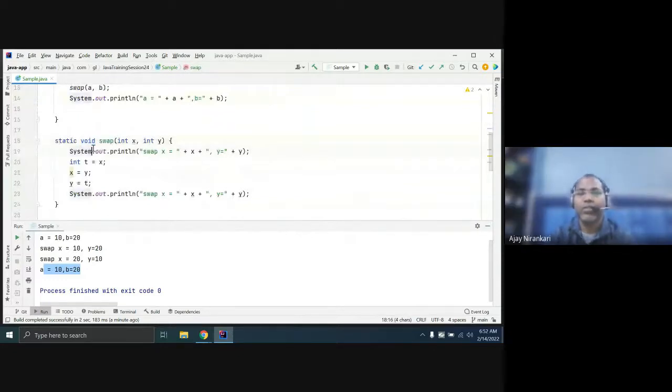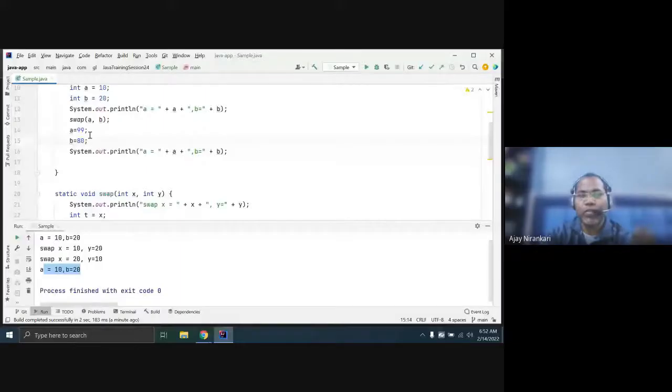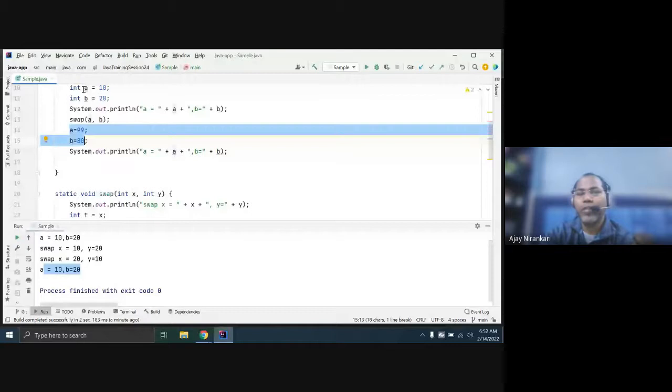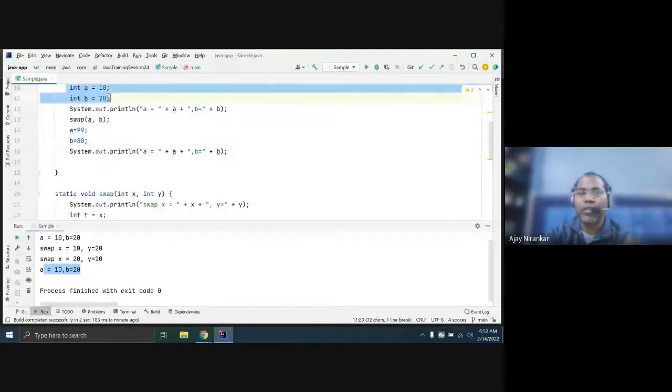In this line, you are not saying A equals 99 or B equals 98. Until you are not assigning something here, the values of A and B, which are primitive values, do not change.